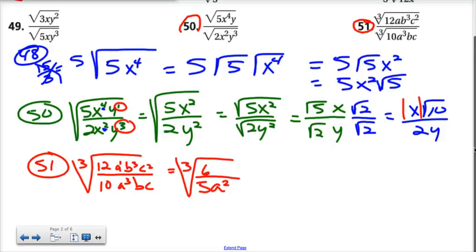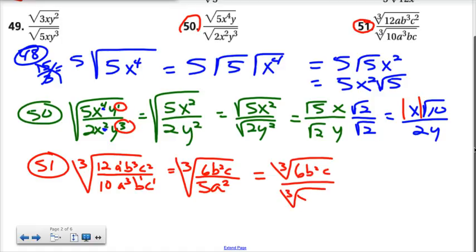For the B's, I have a 3 and a 1. 3 minus 1 is 2, so that B squared is positive. That'll go right up there in the numerator. And then my C's, C to the second, C to the first. 2 minus 1 is 1, so a nice little C up in the top. And the more that we can eliminate out of that denominator, the better. So up on the numerator now we have 6b squared c, and in my denominator I have a cubed root